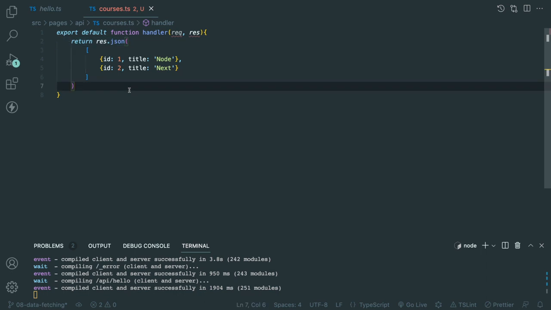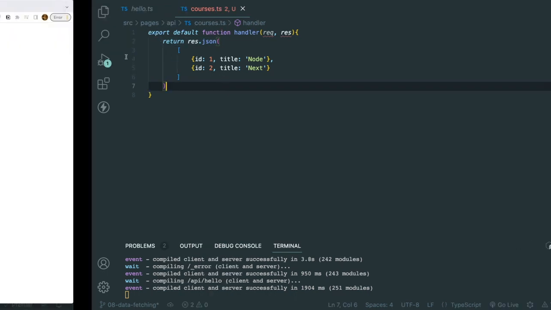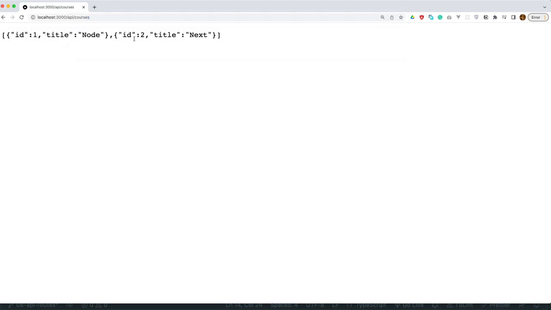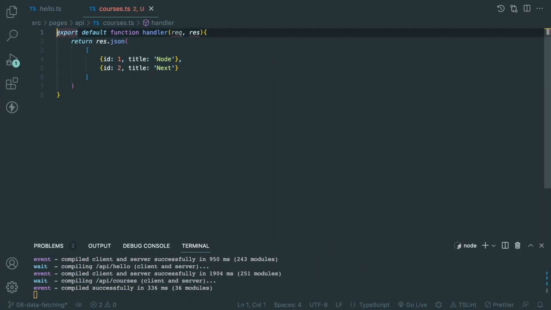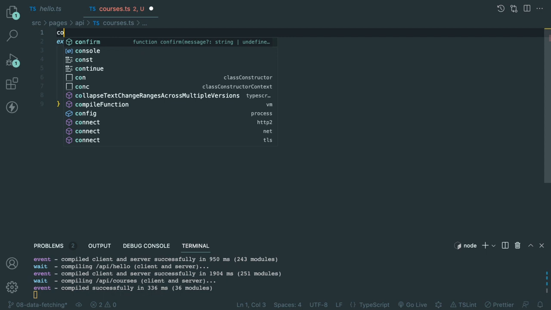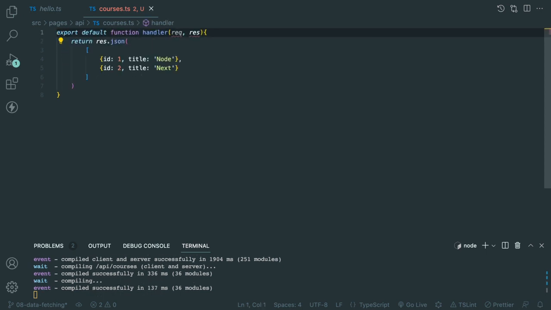Next automatically will create the route for courses, API/courses. I will see 2 courses. This is a good part in Next.js. If you can resolve this issue by